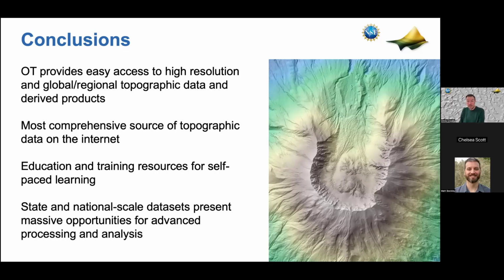Having this kind of data, when I started doing this kind of work, it was very rare to have these data sets, and people got very excited. But now in some places there's nearly wall-to-wall coverage, and that creates a lot of interesting opportunities for large-scale data analysis. And if you have overlapping data sets, intercomparison. So again, another carrot to come for the fourth webinar when we talk about topographic differencing, because there's a lot of really cool things you can do when you start having multiple data sets in one place.